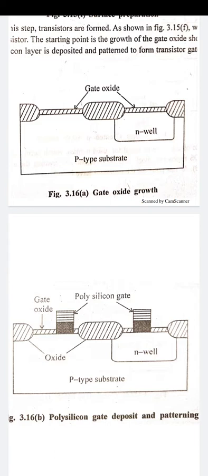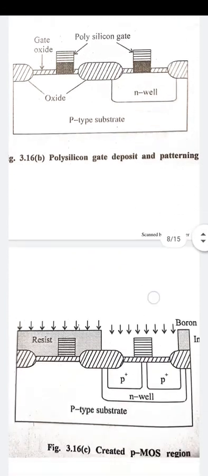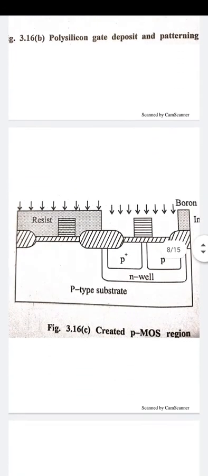Then the next step is creating the polysilicon gate, where we use different masking schemes. For making the P type transistors we use the P mask, create a hardened photoresist and cover the NMOS transistor region, and allow the ion beam to hit only the N well regions, the PMOS transistor regions. Ions are absorbed by the polysilicon layer but easily make it through the thin oxide layer to reach the silicon. That is shown in this process, where we make the PMOS transistor in the N well regions using the P mask.